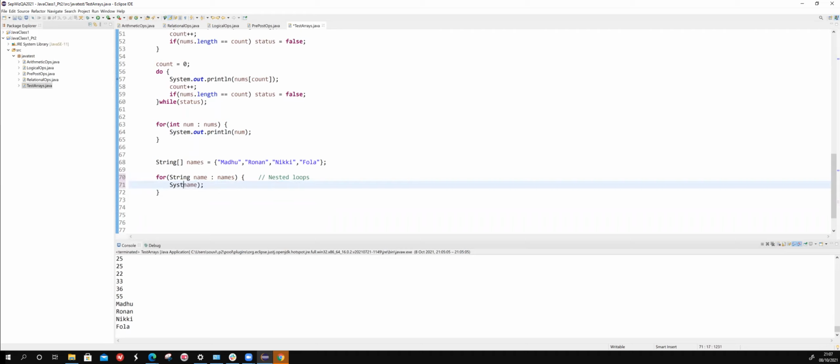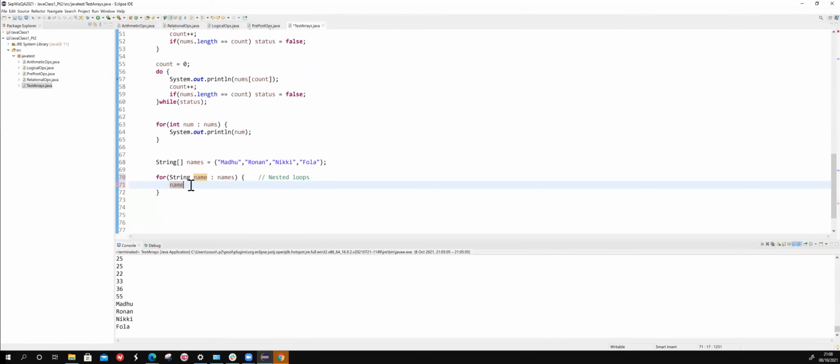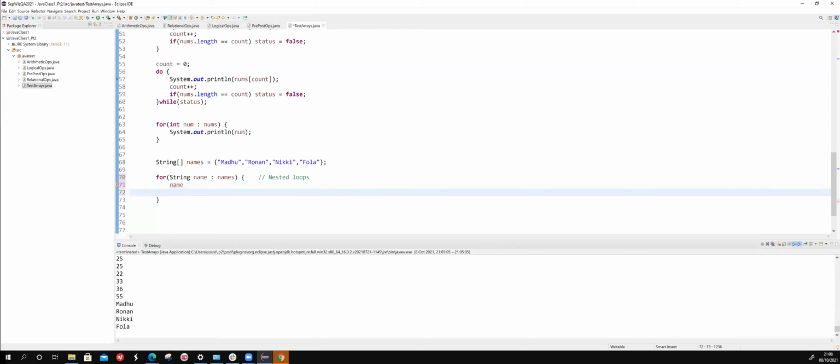So name is basically what? It is a string, but if you look at it closely, it is basically characters: M, A, D, H, U. They are all characters. So if they are characters, then can I loop through the characters? I may. So what I can do is do a loop like this within the main for loop,